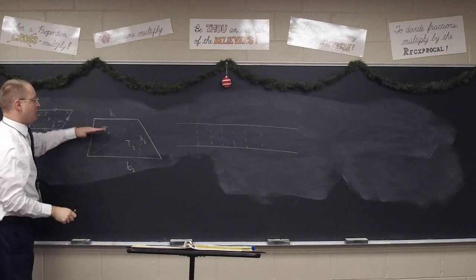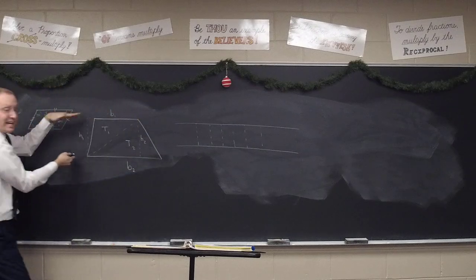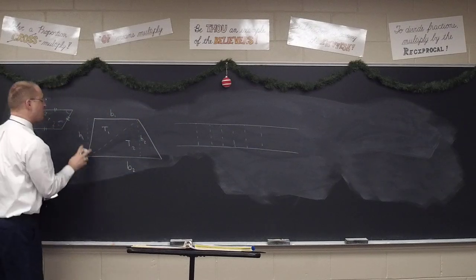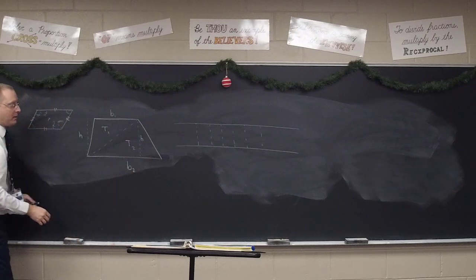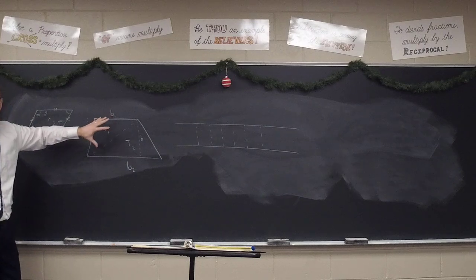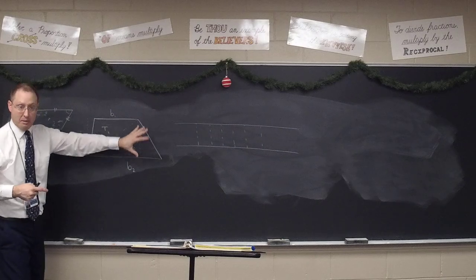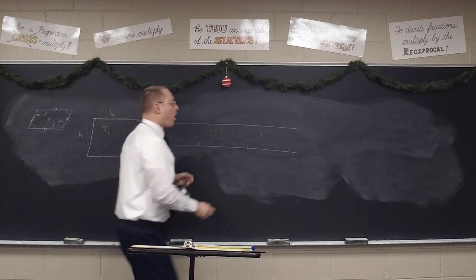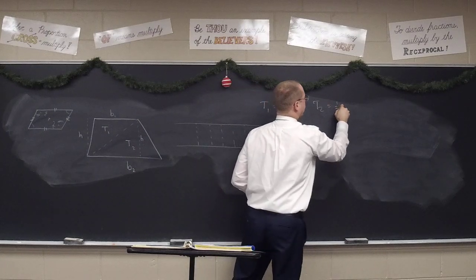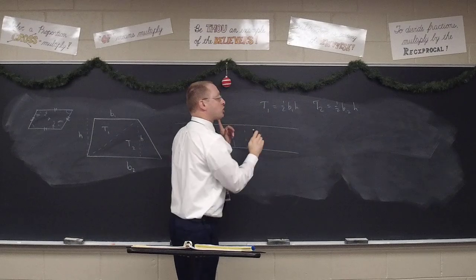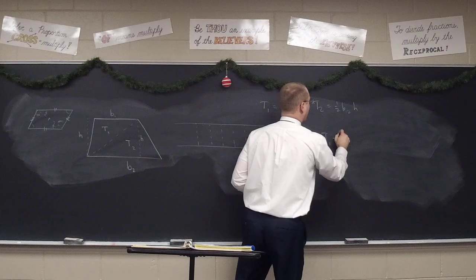The same is kind of true here. We would have to think of extending the base out, but it's still the same height in both cases, which means we really don't need to designate a difference. Well, we know that the area of any triangle is a half base height, right? And this triangle is also a half base height. I could say triangle 1 is a half base 1 height, triangle 2 is a half base 2 height,